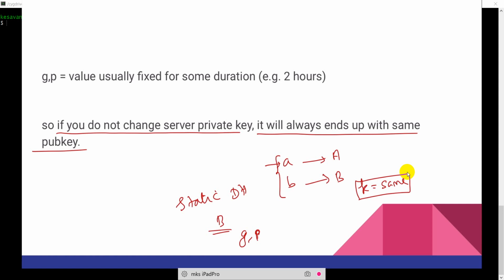It will take several seconds, sometimes even minutes, like 20 minutes also it can take. So most of the time, the server will generate this offline and just reuse it for all the incoming connections.